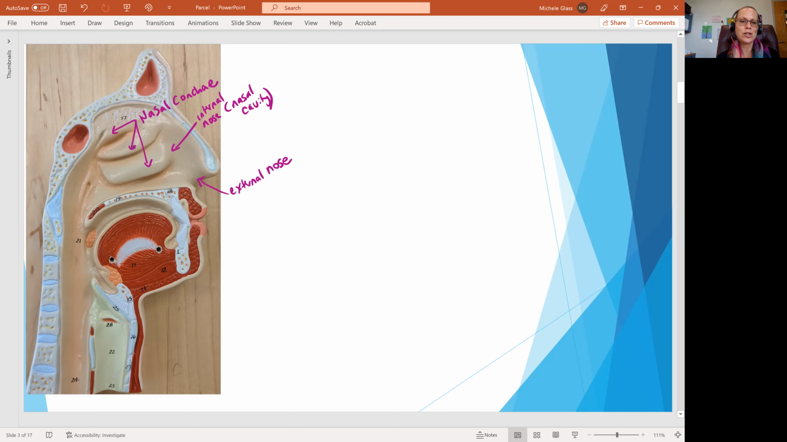And this structure here is what's creating that turbulence to slow down the movement of the air as it enters the nasal cavity. So this is giving you time for that warming and humidifying of the air. From the nose,